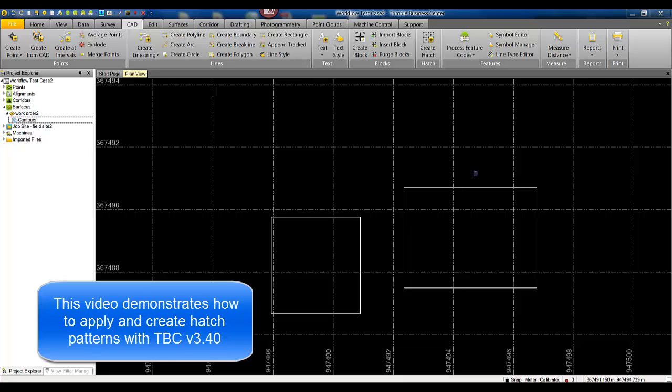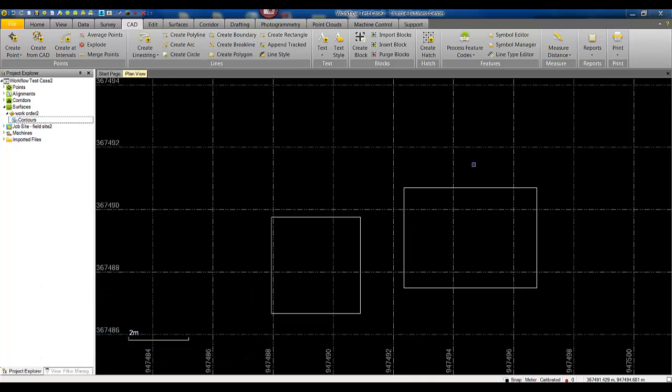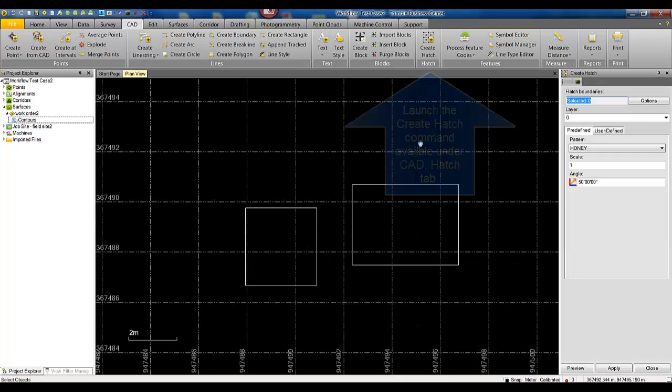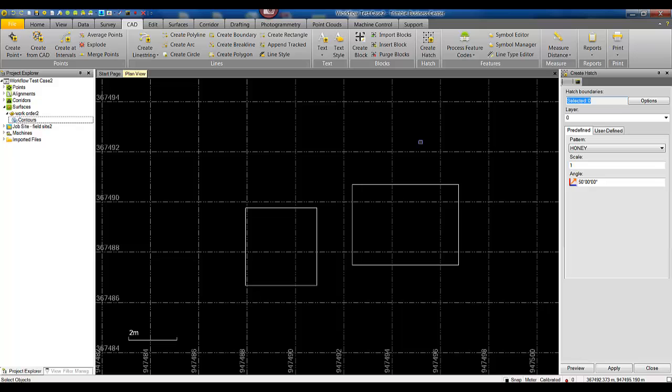In this video, we are going to show how to create and edit hatch patterns inside Trimble Business Center version 3.40. Here we have two simple rectangles that we want to apply a hatch pattern to. To do that, we're going to go to the Create Hatch command located under the CAD Hatch tab, and we need to